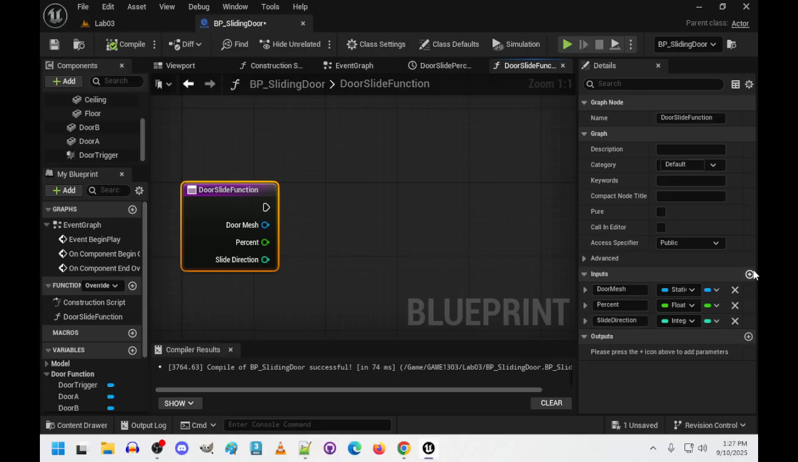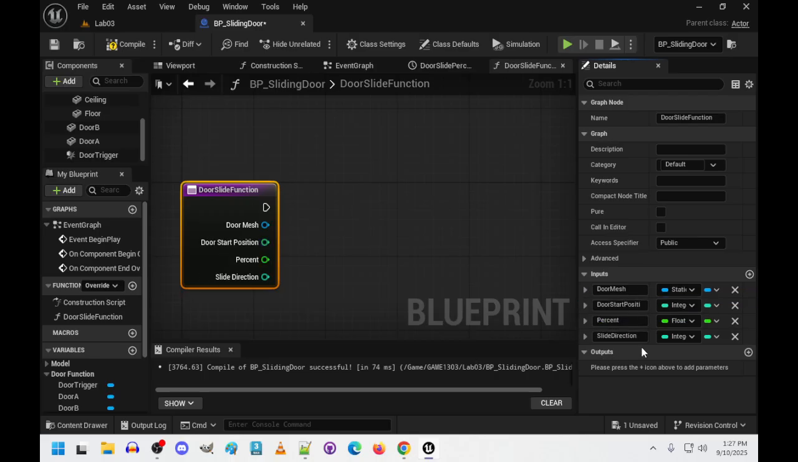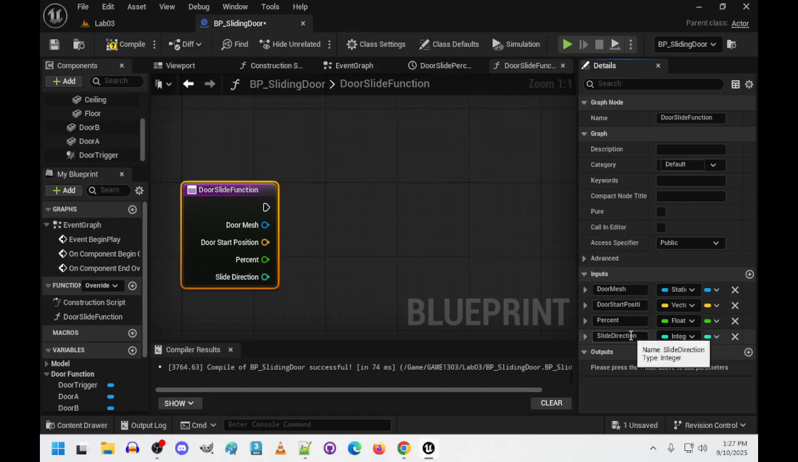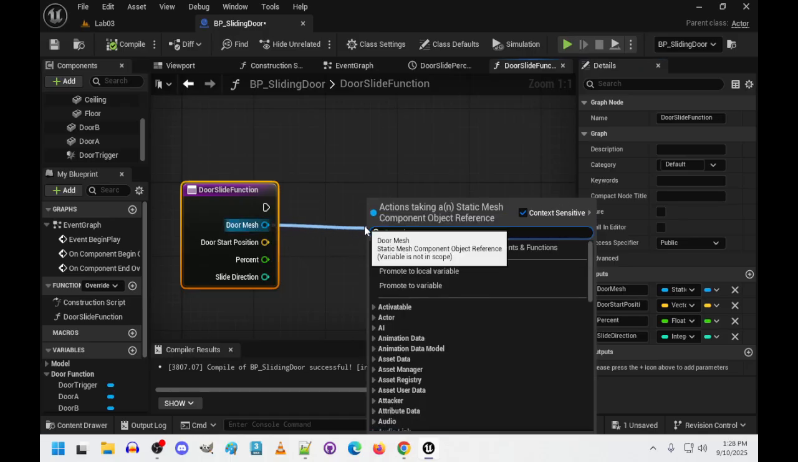Actually, we need one more. We'll move this up. And this will be a vector 3. So basically, we'll plug in what we need here. So let's compile this. Door mesh, basically what we want on this is